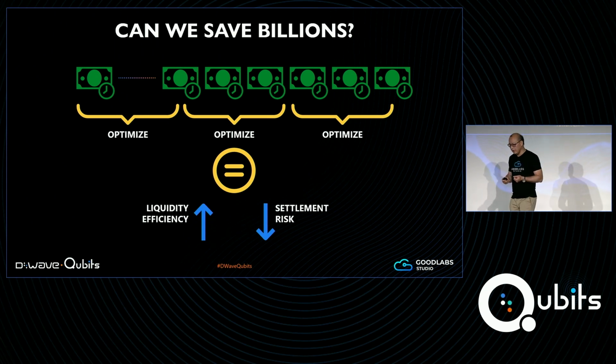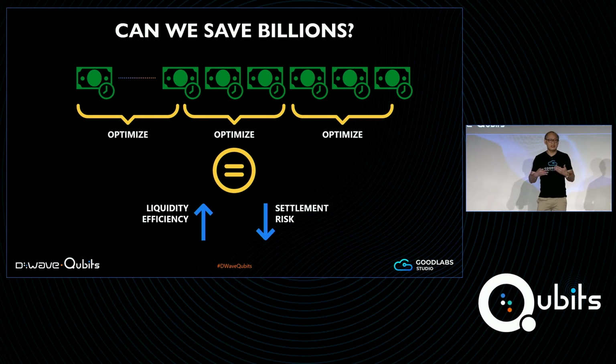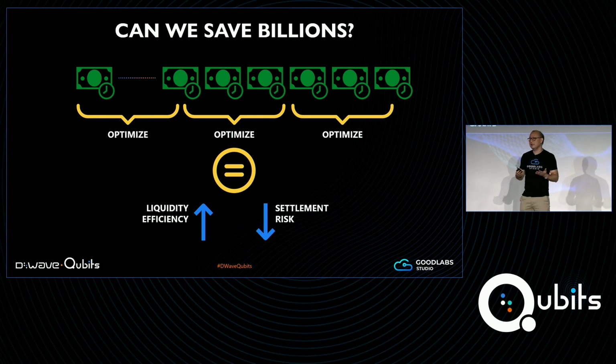So now I'm going to invite Chris McMahon on stage to talk more about what we do and our solution and our algorithm. Chris is the director of quantum at GoodLabs. He has a PhD in condensed matter and materials physics from the University of Waterloo. Besides being super tall, Chris is really passionate about quantum and AI to bring those tools to make our lives better. Chris?